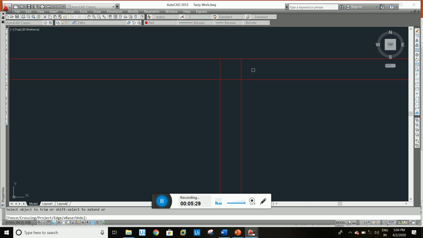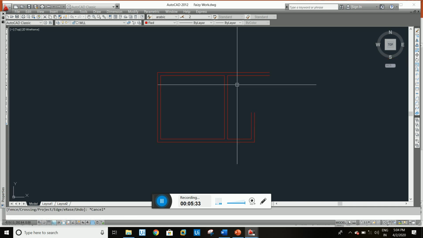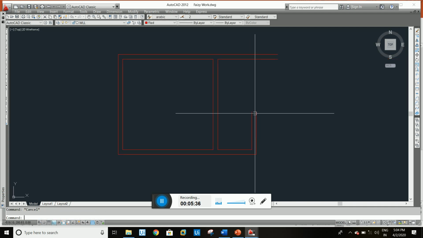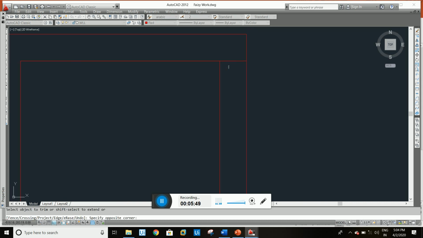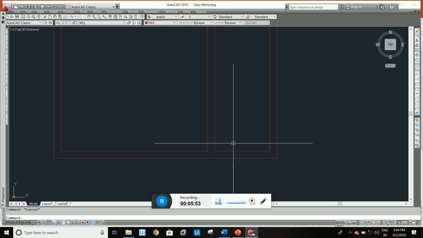And this is an unused thing, so we use the trim command to trim these things. And the same thing is here, we do extend, single enter, reference point, and then enter this one like this. Extend this one, trim this one, this one. So now this is like a single room, where we can use this one for a bathroom or something.